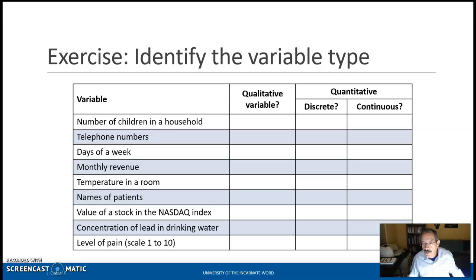I don't know. This is a qualitative scale, so it cannot be treated as a quantitative scale, either discrete or continuous. So this is a qualitative variable because we're assigning labels or categories to the pain that we feel,